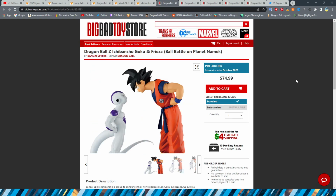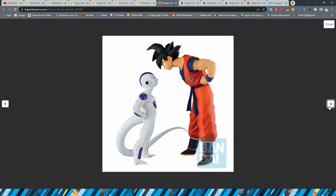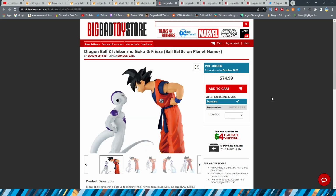So I was kind of thinking they were going to go in the right direction, but clearly that is not the case here. We'll take a look at some more HD multi-angles in a little bit on Baggy's Twitter, because the Big Bad Toy Store displays these images in kind of low-ish quality. They're a little bit pixelated. So I'll show you those on Baggy's Twitter in a second here. But as you can see, the price for the Ichiban Kuji Goku and Frieza is